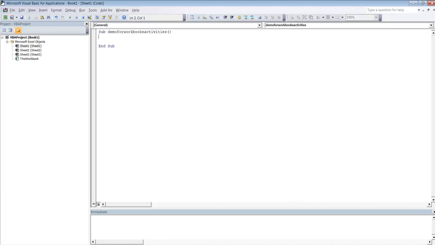Now between Sub and End Sub we will write VBA code for opening the workbook, copying and pasting, and then saving, and then finally closing the workbook. Let's start with the code for opening a workbook. So for opening a workbook, the code will be